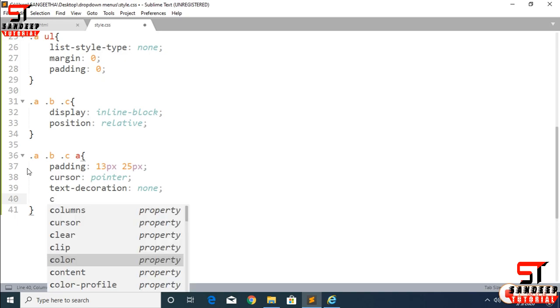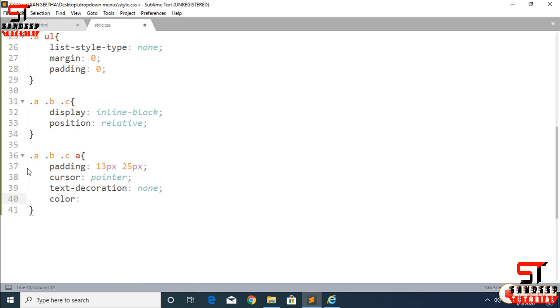Color is, wait, I want to see the color here. Wait for a few minutes. I am seeing here the colors. I am taking color hash. Wait, I am seeing color.